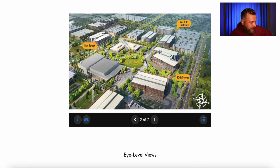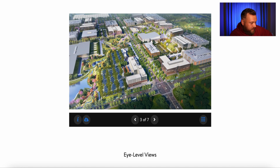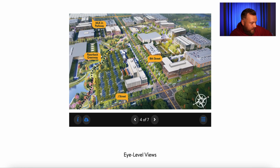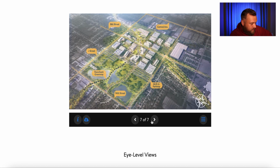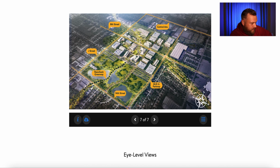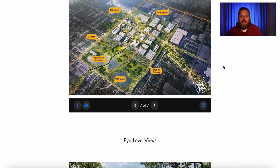So here's 10th Street, here's 8th Street, there's Martin Luther King Parkway, to give you an idea of where it's located. There's the Greenway Trail right there. So here's Central Avenue, so the square's right up there. Highway's over here. 8th Street Market is over there. It's one of those things to where